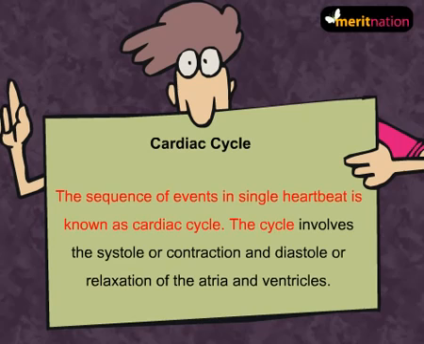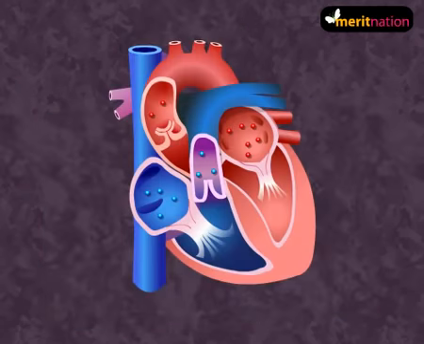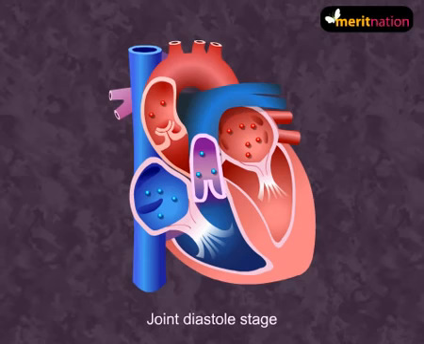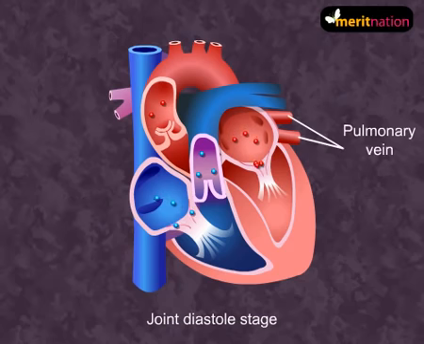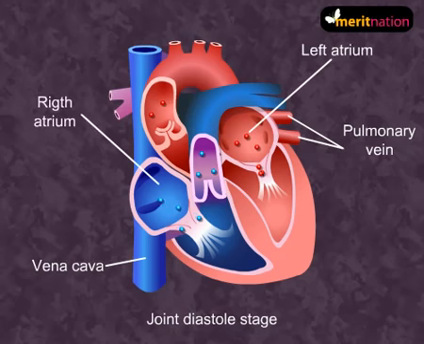This cycle involves the systole, or contraction, and diastole, or relaxation, of the atria and ventricles. Look at this figure. In this, you can make out that all four chambers of the heart are in a relaxed stage, that is, the joint diastole stage. Now you will observe here that the bicuspid and tricuspid valves are open. So what will happen? The blood will flow from the pulmonary vein and vena cava to the left and right atrium